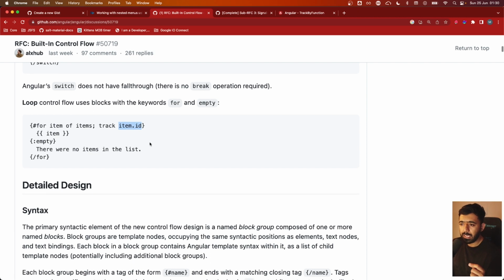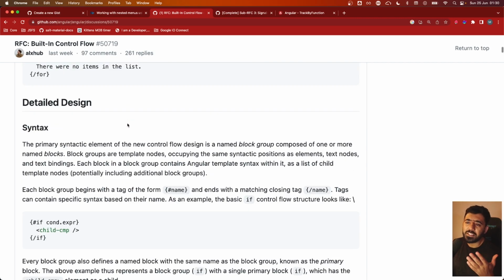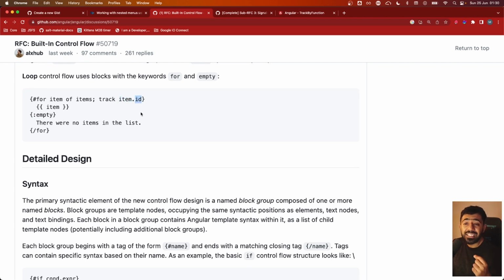And now you would be thinking, hey, what if the item does not have an ID? For example, if I'm running a loop over just an array of strings, for example, or an array of numbers, then what? So then you just say track item, in which the item itself is the identity. And if you scroll down, you're going to see comments discussing exactly the same thing. So you can say, hey, track by items this particular key. In this case, we are talking about the ID of the item, but it could be item.name, item.email, item.uuid, whatever. Or it could just be the item itself, in which the item itself is the identifier,